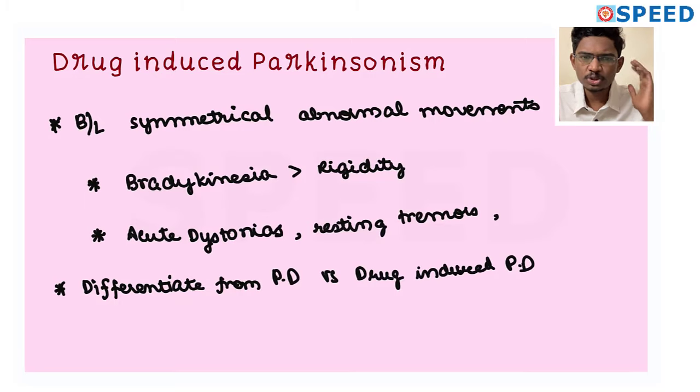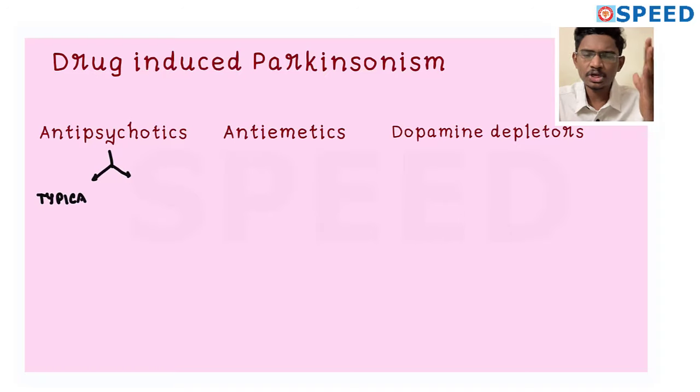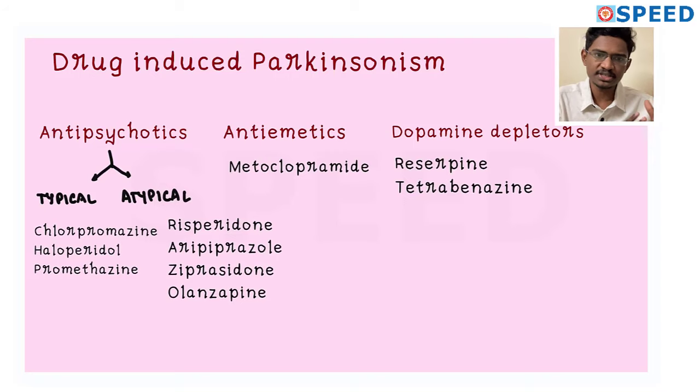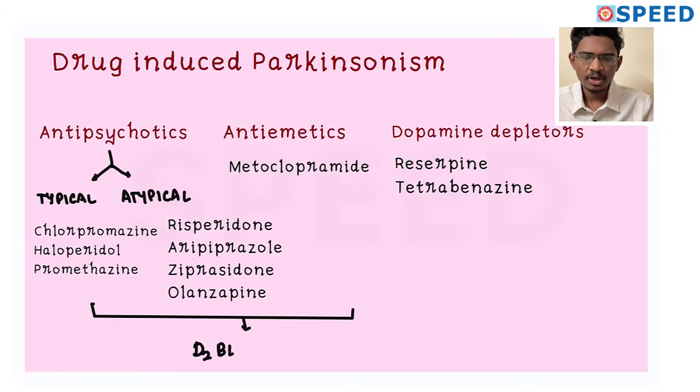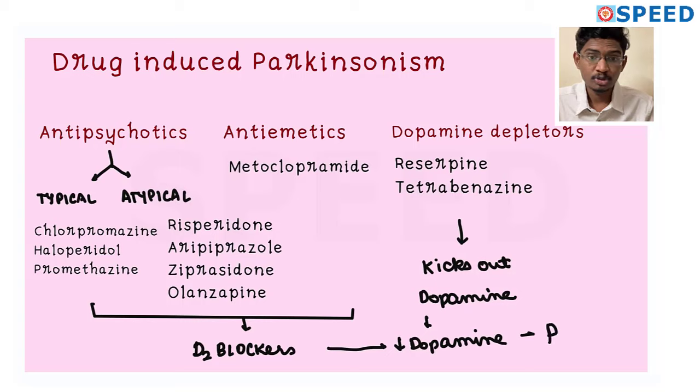Next, what are the drugs you can suspect? See, all these drugs cause dopamine blockade, so decreased dopamine causing Parkinson's-like features. Typical and atypical antipsychotics are D2 blockers, as we know. Typical has more tendency, atypical has less tendency. Next, antiemetics like metoclopramide. Next, the dopamine depleters like tetrabenazine and reserpine. All these drugs will just block the dopamine receptor or deplete dopamine out